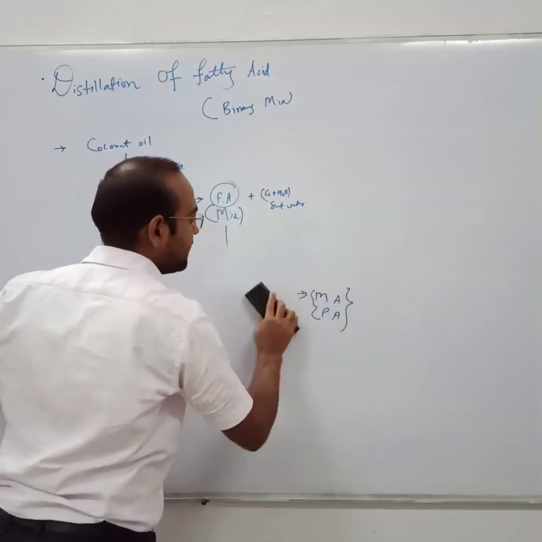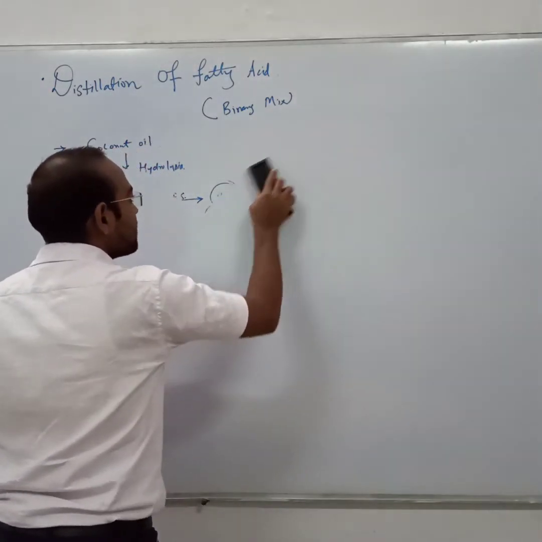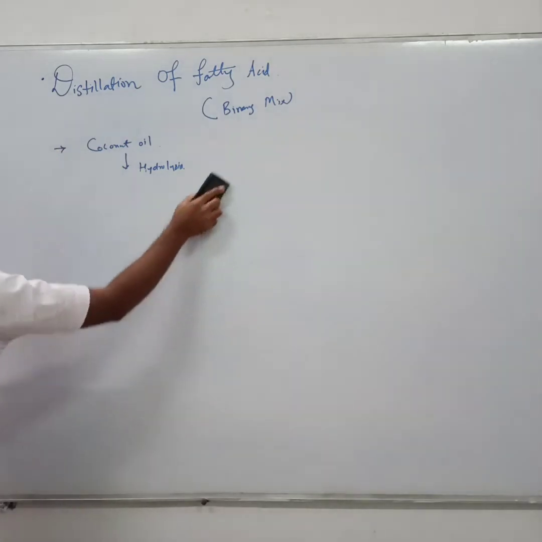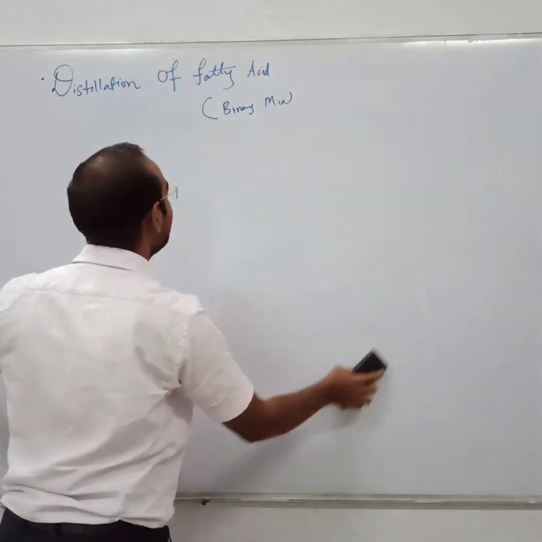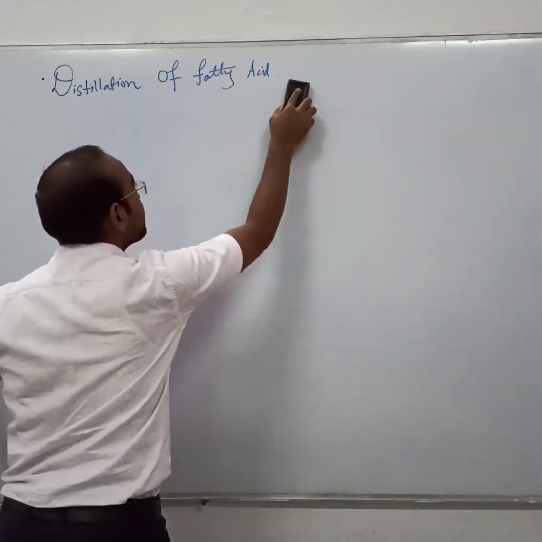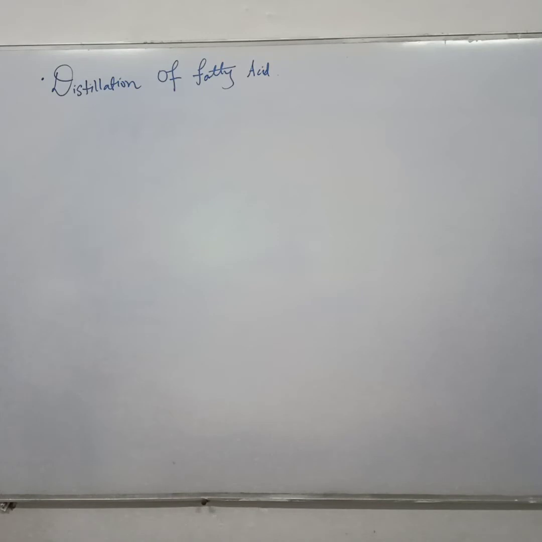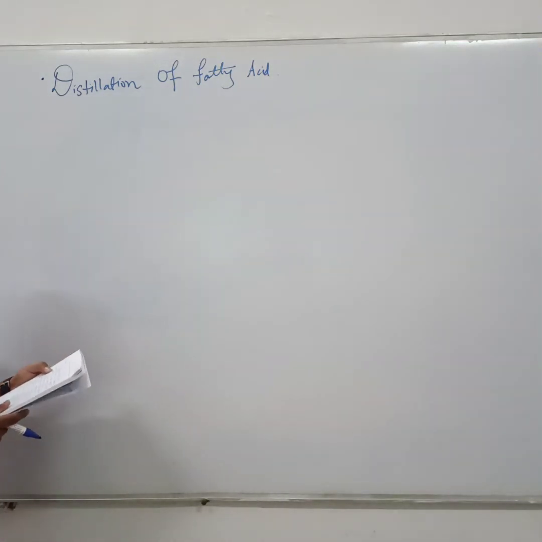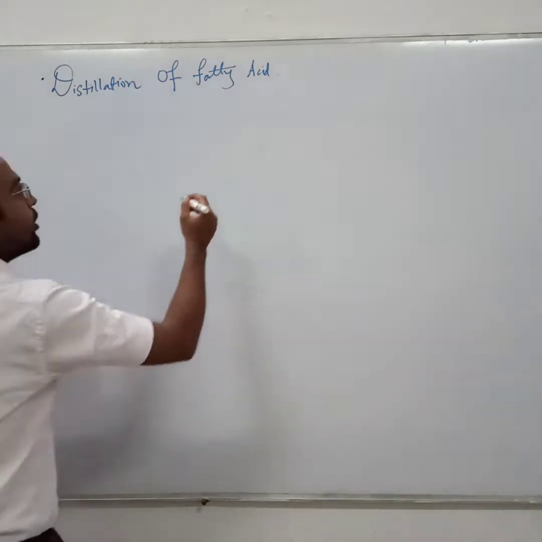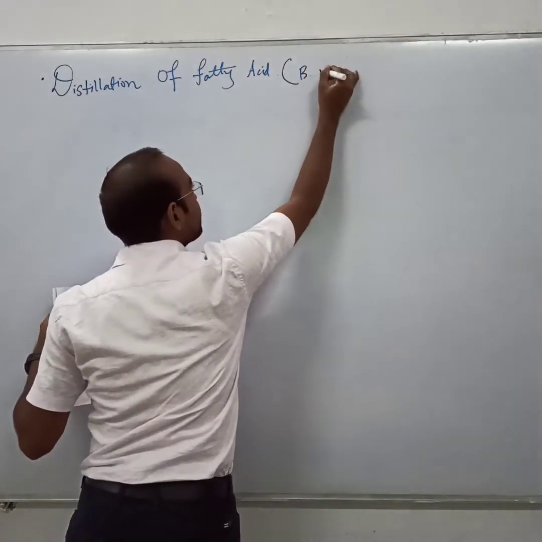This is just an introduction, a relation between our theoretical concepts and what we are actually going to see in our numerical. That's why this is necessary. So instead of writing the complete question on the board, I will read the numerical and write the given values. A mixture contains myristic and palmitic acid with 40% myristic acid and 60% palmitic acid. So first of all, this is a binary mixture.